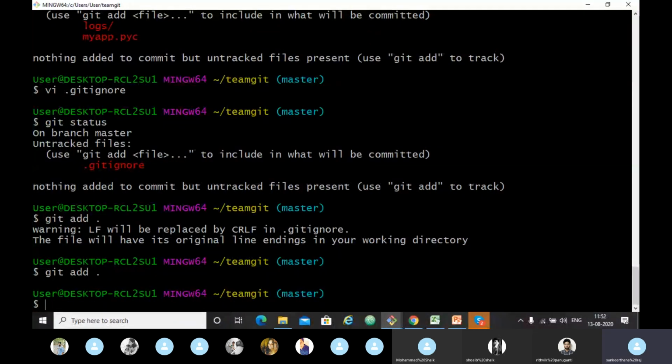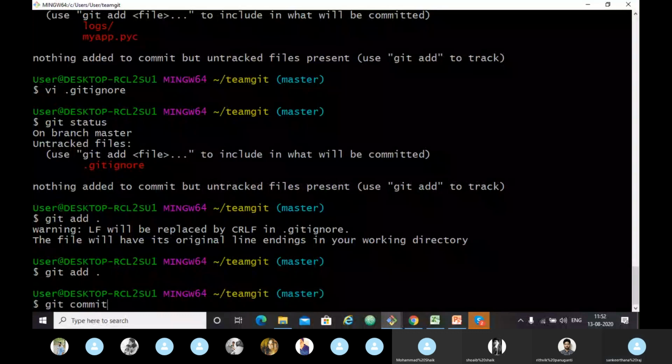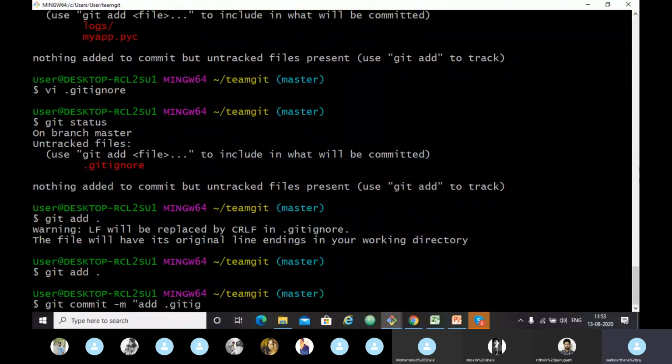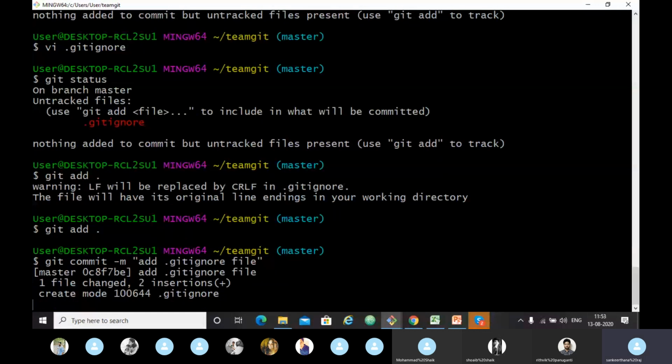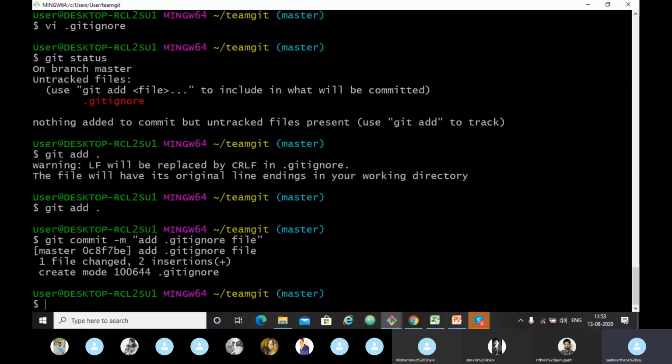For that we use the command git commit dash m, then add .gitignore file. So committed. Everything is committed from the working tree to the history. Right?